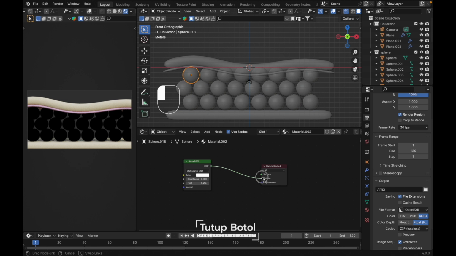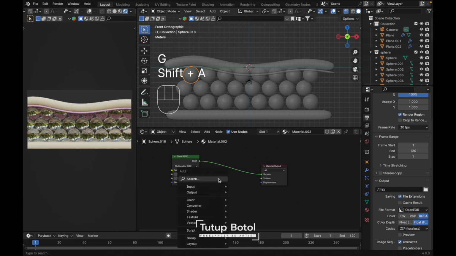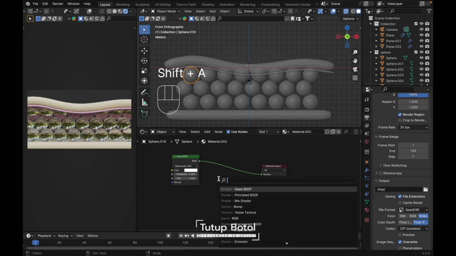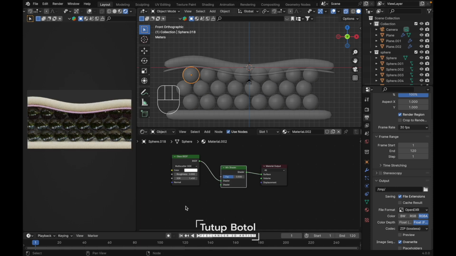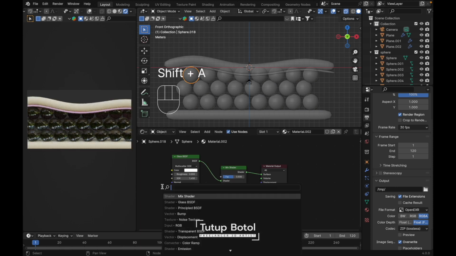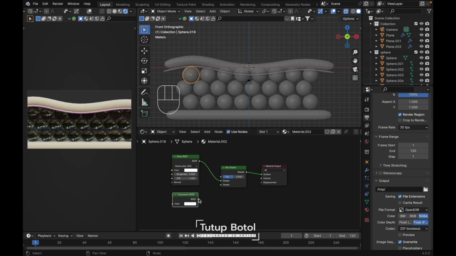Connect this BSDF to surface, press Shift A, search for Mix Shader, just put it here, and Shift A again, search for Transparent BSDF, just click here and connect this Transparent BSDF to this shader, just like this. And I guess we need to change the IOR to 1.33, just like this. Let's name this one glass maybe,